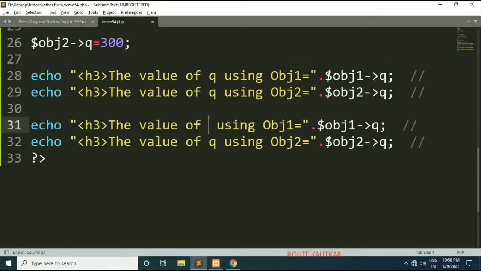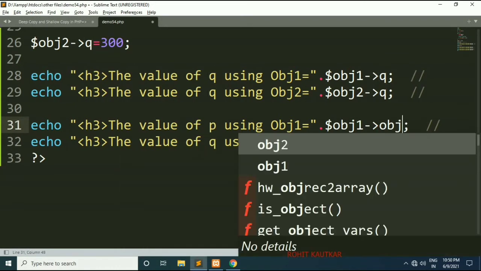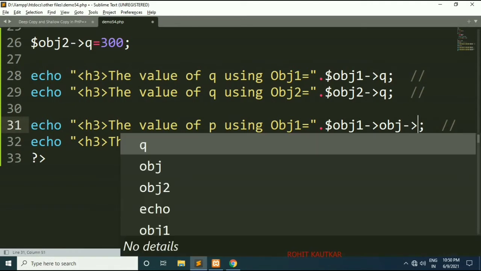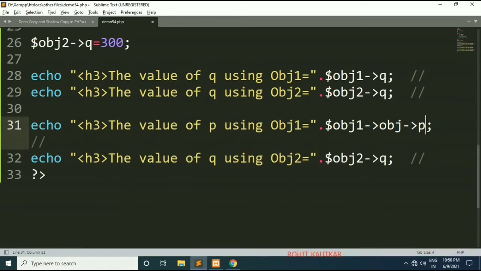So here I will write the value of p using object 1, that is obj1, and then we have to write here obj, and through this obj we are trying to refer the value of p. Okay, I will copy this and paste it here. And here as well I will change to p.